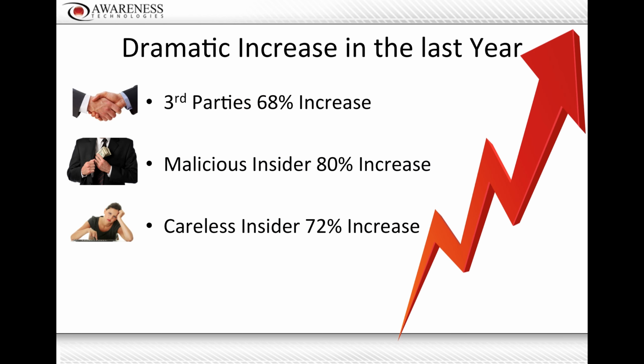So what that means is that there's this dramatic increase in the last year of third parties being part of the exposure. So we talk a lot about making sure you understand who your vendors are, making sure you lock down what information goes out to your vendors, and not just vendors, obviously, consultants, people who are contract workers, folks that are inside that aren't necessarily employees. Malicious insiders has had an 80% increase over the last year. So having that bad guy who works for you is a big component.